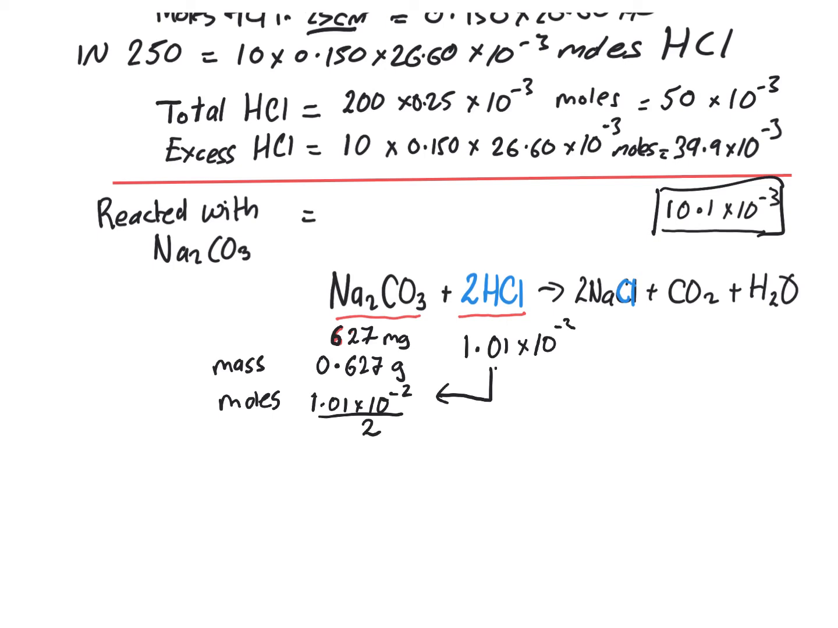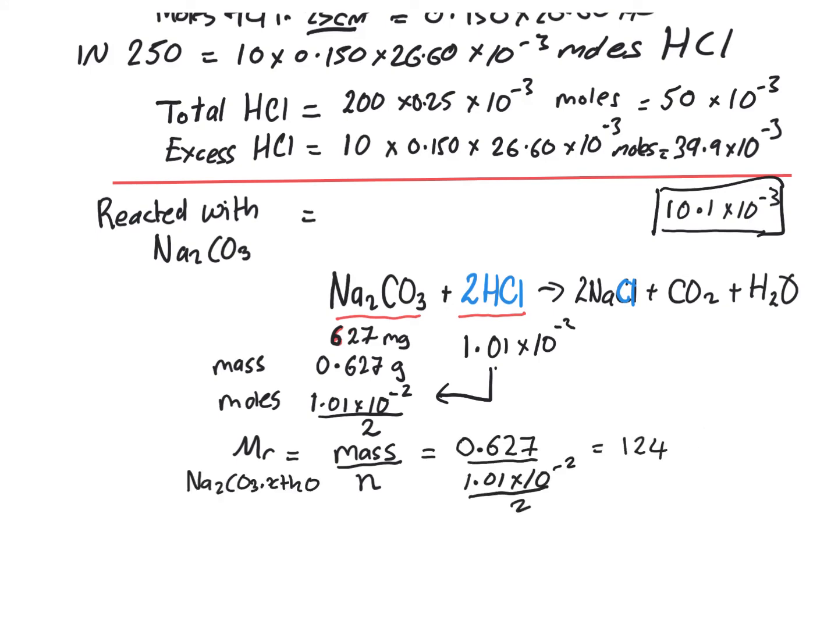And therefore we can work out the Mr, because we've got the mass and we have got the moles, and we know that the Mr is equal to the mass of the sodium carbonate divided by the number of moles of sodium carbonate. So once we've divided the mass of sodium carbonate converted to grams by its number of moles, the Mr of the hydrated sodium carbonate comes out to 124.2 grams for every mole. All we now need to do is to look at the original formula of the sodium carbonate, the hydrated sodium